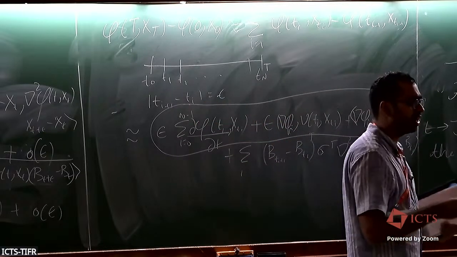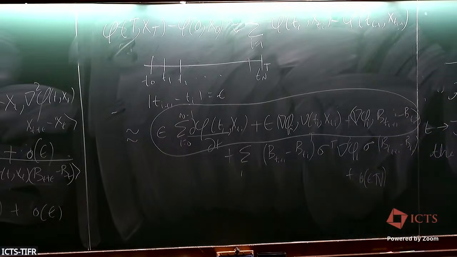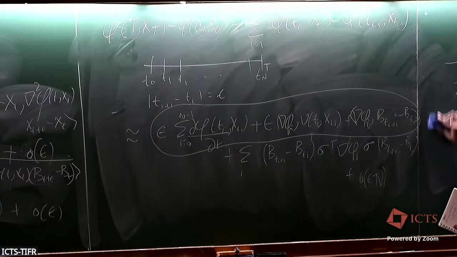How much longer do I have in terms of time? Five minutes. Okay, so we are almost out of time. Let me just derive the Ito formula for now, and you can take me at my word for it, I've read Le Gall's book on this. It is actually true.